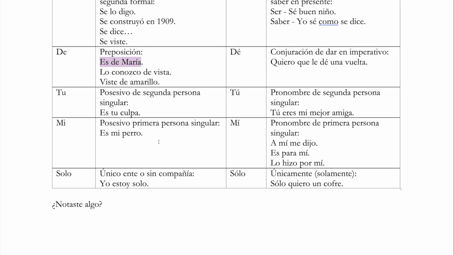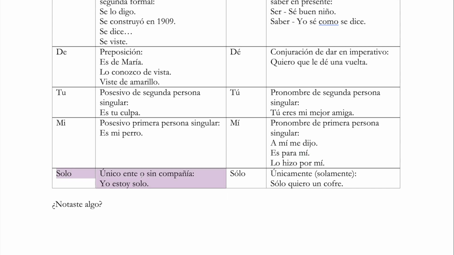Let's look at some of these other ones. For example, here, this would be my, and this would be to me. So this is the me. And here we have es mi perro. So it's my dog. Es mi perro. You emphasize the verb. So you would underline this. In this activity, you would underline this. Versus over here, a mí me dijo. Notice you would emphasize this. So you would underline that. Es para mí. It's for me. You emphasize that.